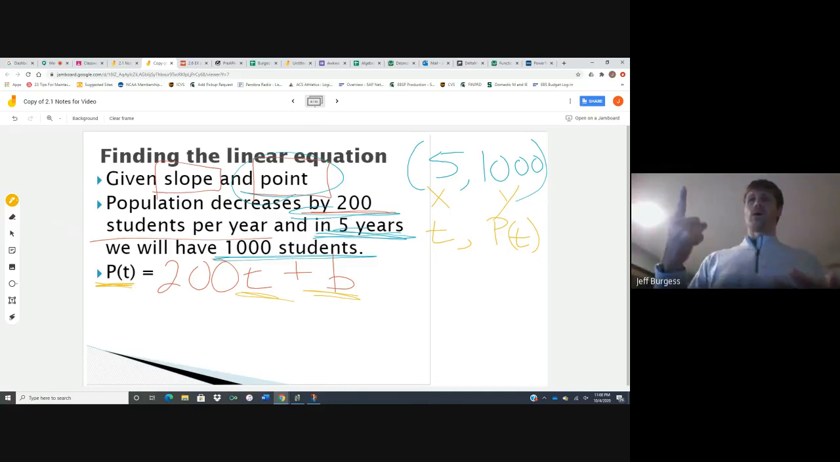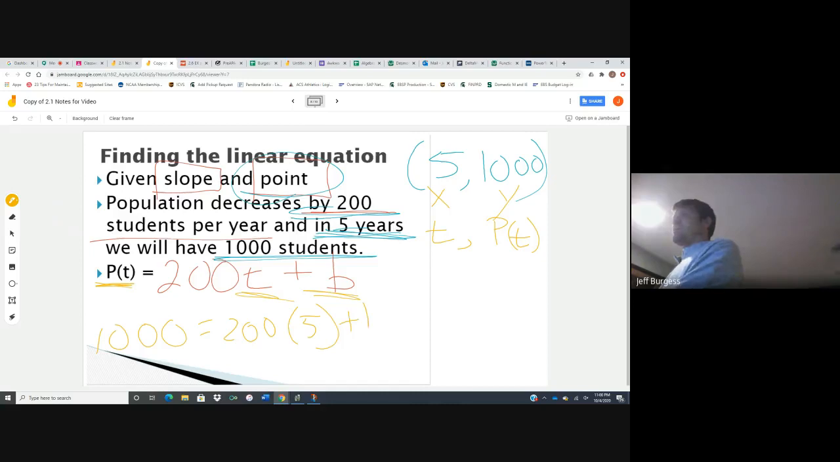And I'll only have one left, b, and I'll be able to solve for that. So if I write 1,000 in for my population equals 200 times time, 5, plus b, I can solve this, right? This would be 1,000 equals, well, 200 times 5 is 1,000 plus b. Okay, and theoretically I could minus 1,000, but I think you guys can probably figure out then that b is